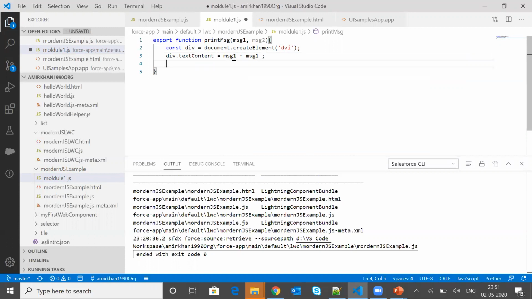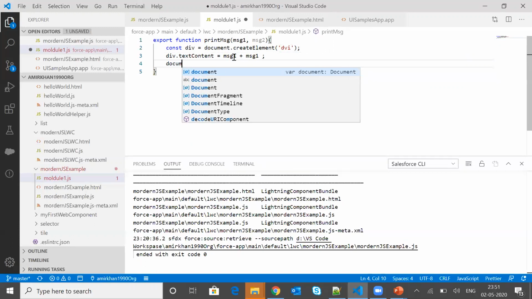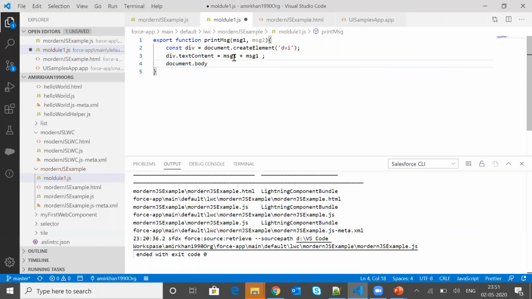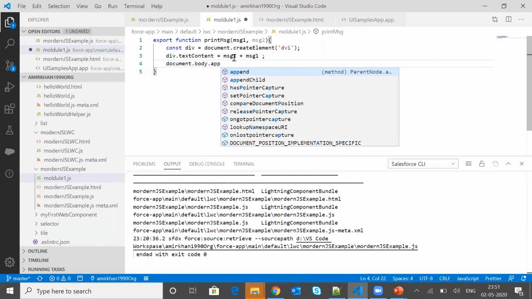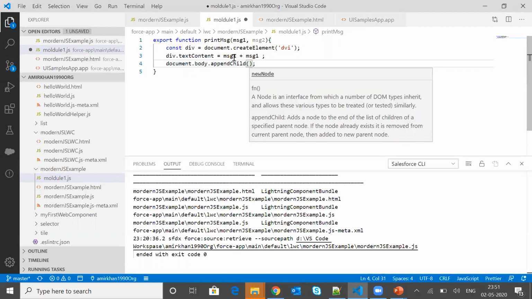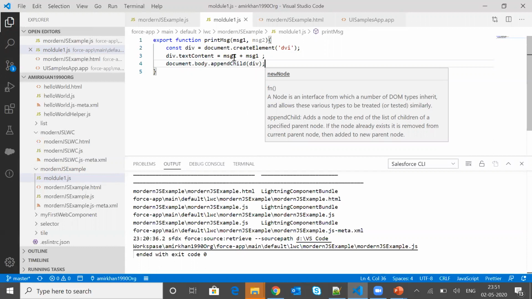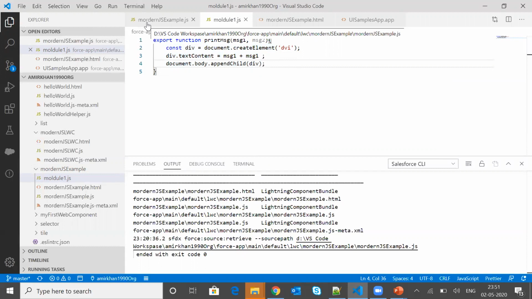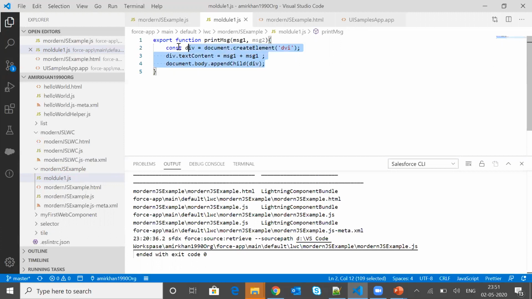Then we write document.body.appendChild, and within appendChild we pass the div reference. You don't need to worry about these particular statements. Basically we just have to take care of calling the module from the controller side, controller.js, and you can write your statements as per your need and criteria.